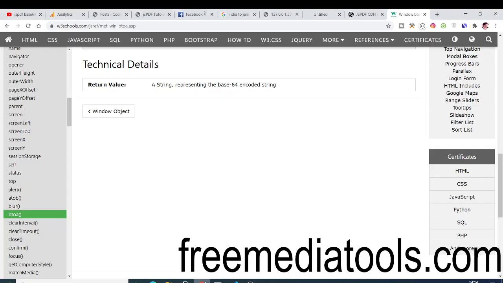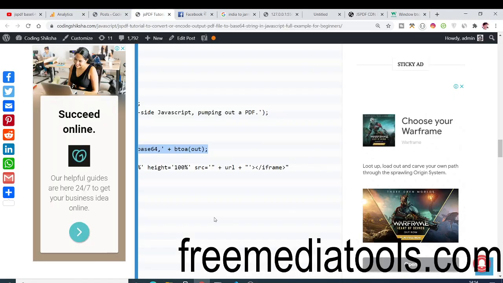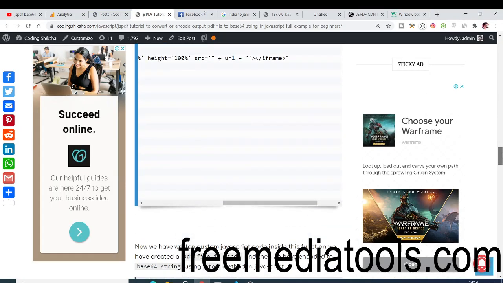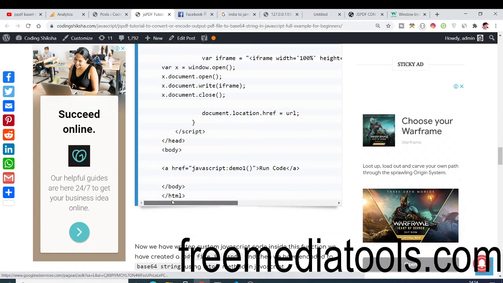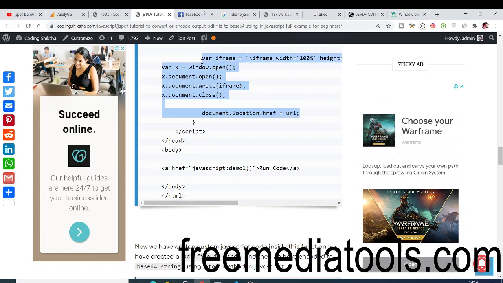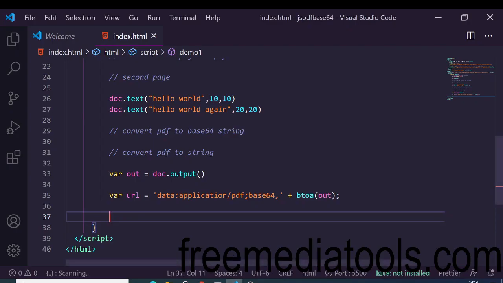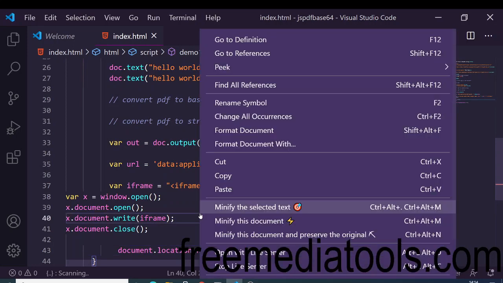Now we can embed this into an iframe. Iframes, as you know, are special elements within the browser where you can embed anything. I will just copy paste this and explain what is happening here. You can just go to my blog and copy paste all the code. You can see we are making a simple iframe.